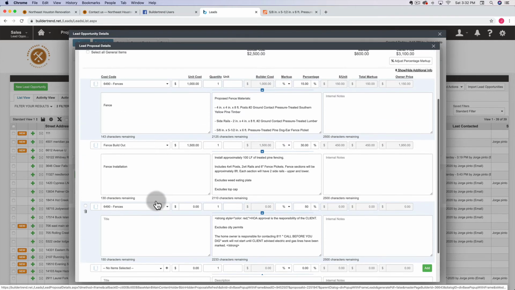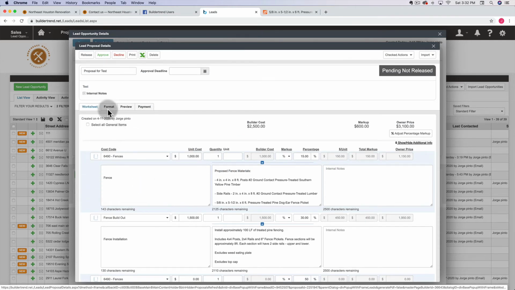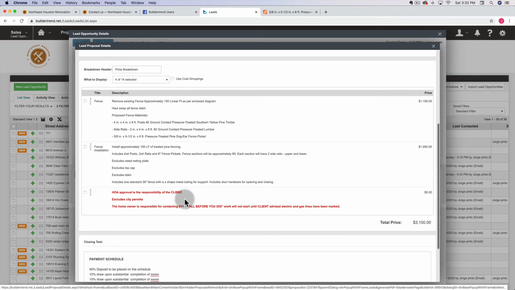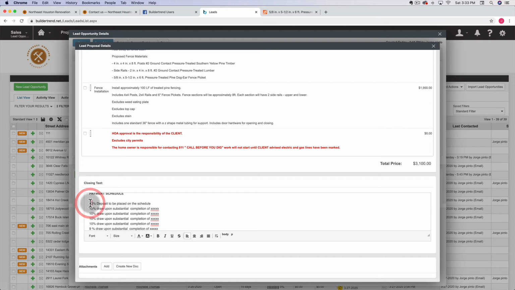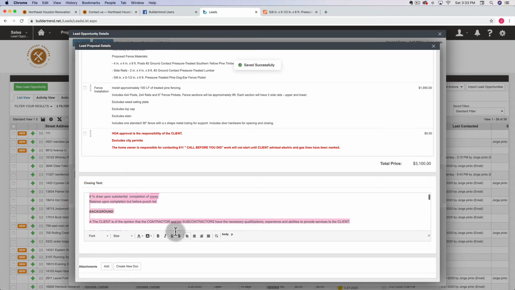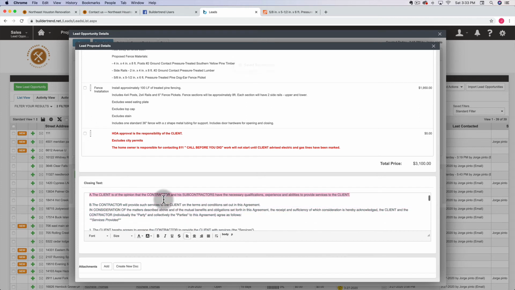You have two ways that you can do the payment schedule. You can do the payment schedule in the line item, or you can just add it here. I keep it on my template. So I'm just gonna say, because this is a small job, 60% deposit, and then balance upon substantial